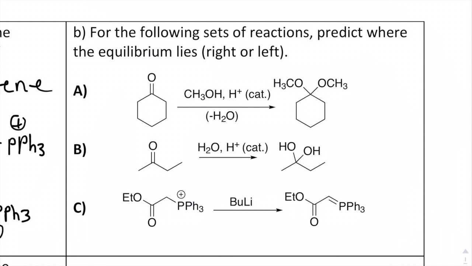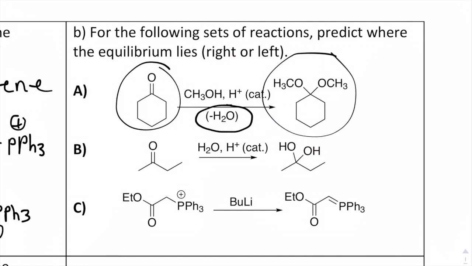ketal formation reaction, and we see in our reagents that we are removing water. So that's a very key piece of information here. If we were to not remove water, the equilibrium would favor the ketone structure. So if it was not removing water, we would have this ketone because the carbon-oxygen double bond is very strong and very stable and minimizes the steric hindrance that we see in the ketal product. If we look at this ketal product, we see that we have these two ether groups also connected to these two just arbitrary R groups. So that's a lot of bulky steric hindrance that we see with the ketal group. So it's not really stable in comparison to this ketone where the carbon-oxygen double bond is very, very strong and